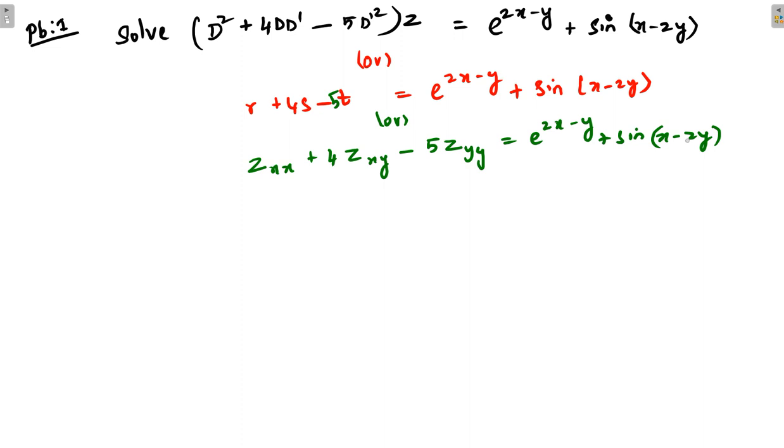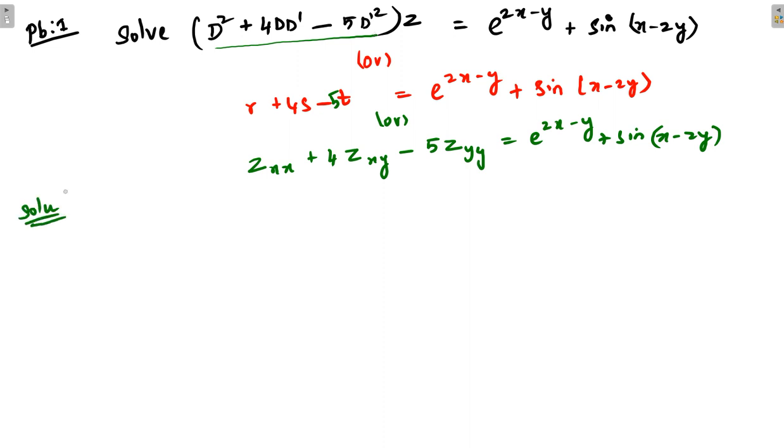So in this partial differential equation, the right hand side is not equal to 0. From that you can decide how to find the complementary function as well as the particular integral using the right hand side. Here in the right hand side you have two functions, so you have to find PI1 and PI2. With the help of the given left hand side of the partial differential equation, I am going to find the auxiliary equation first.